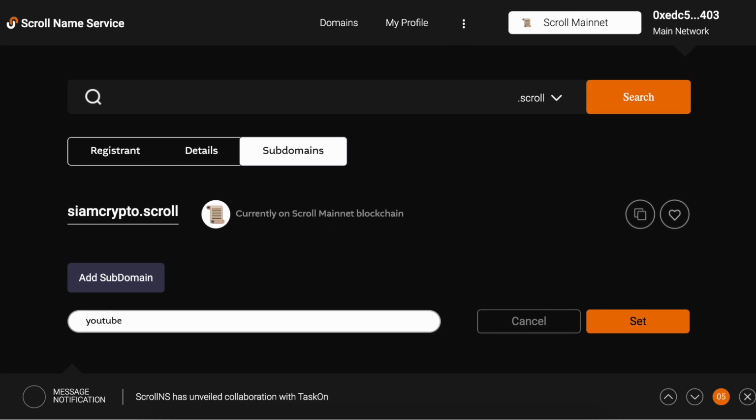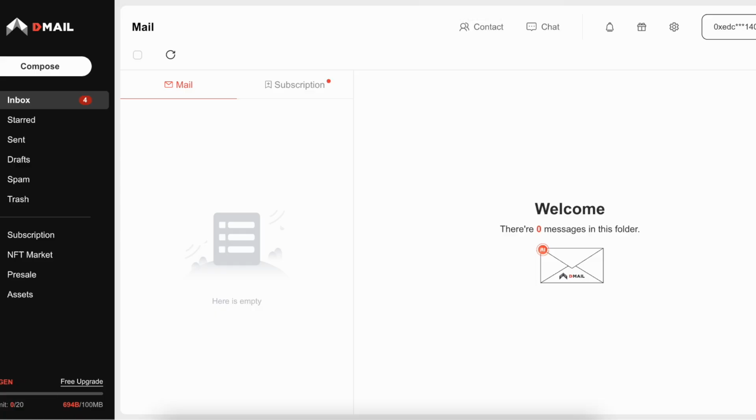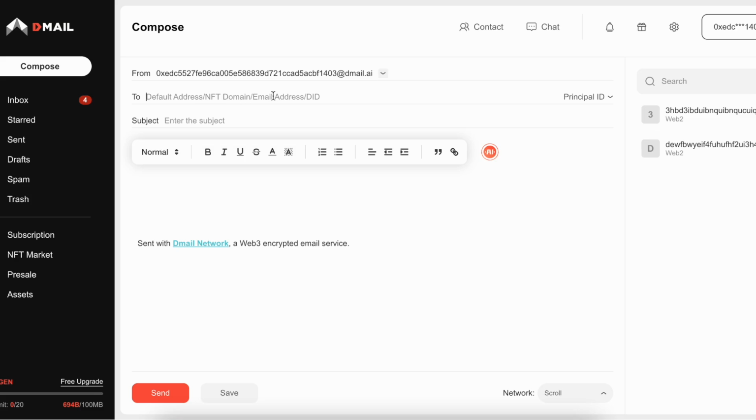Alright, after that we're going to head across to a dApp called Dmail. So Dmail is just a messaging app on the blockchain. So if we hit compose here, and we just need to put basically some gibberish in here, that is fine. At dmail.com. This is going to send